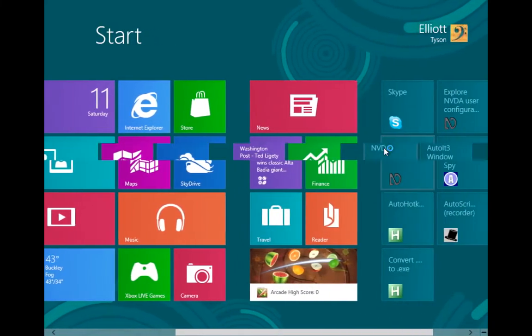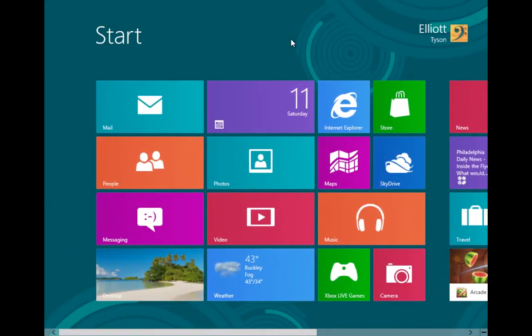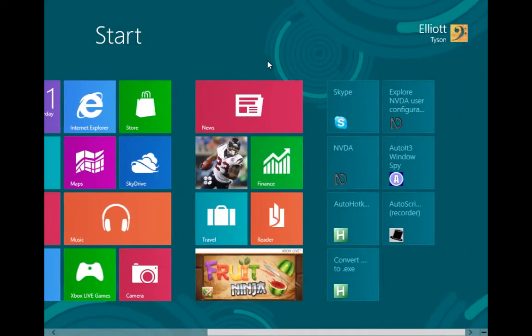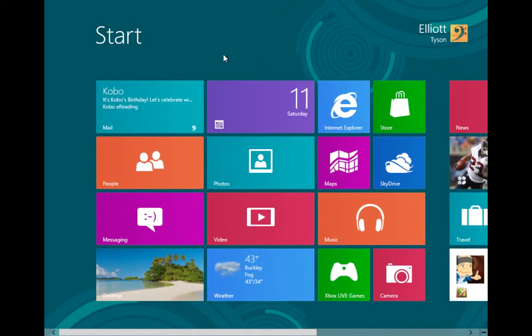Now I bet this looks different to everybody. This is what takes the place of the start menu. It's called the start screen, and it looks confusing, but it's actually really not. It's quite simple, it's very customizable, but each of these tiles here are just shortcuts to different apps that Microsoft